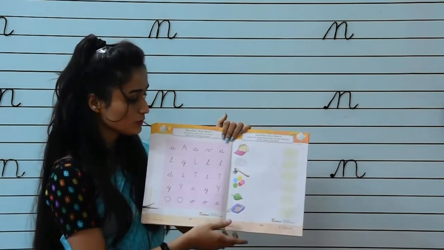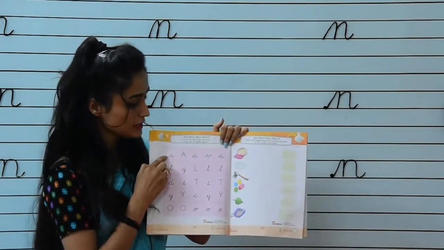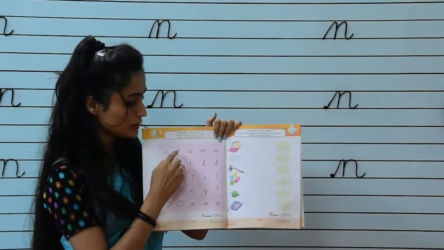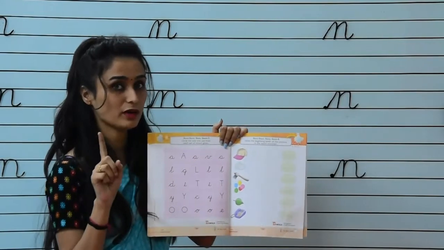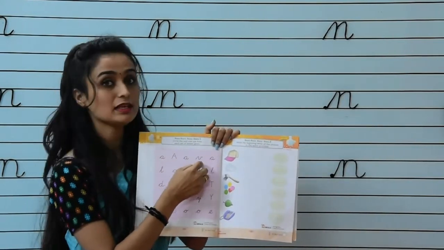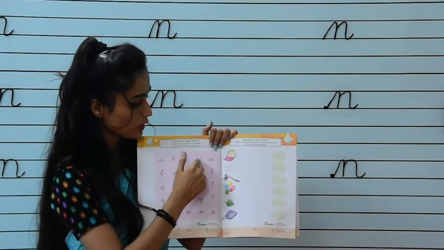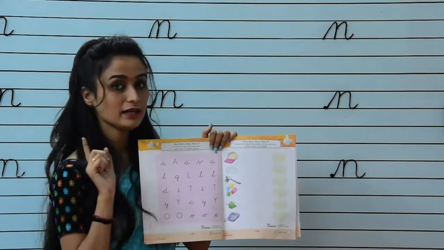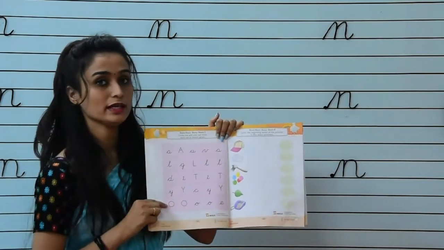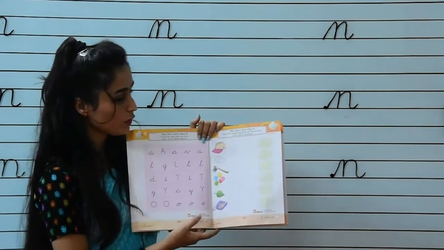So what you have to do, here letters are written. In the first line you can see letters are written, all the letters are A except the one that is V. So you have to circle the letter V as it is the odd one from this line. All others are A. Similarly you have to do in other lines also. This way you have to complete your page number 34.